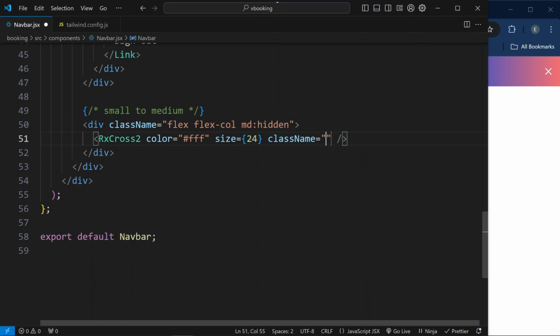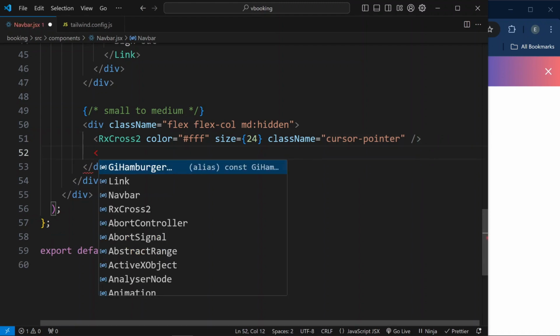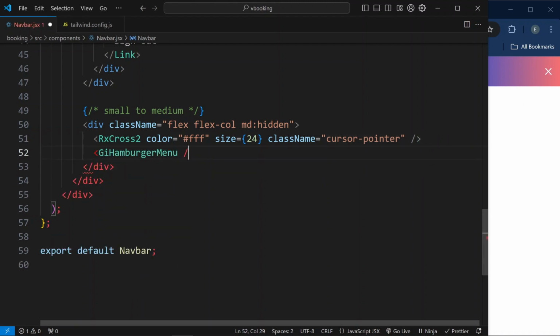Let's give our class name cursor-pointer like this. And one more, GiHamburgerMenu, let's give the same styles to it. Size 24 and class name will be cursor-pointer